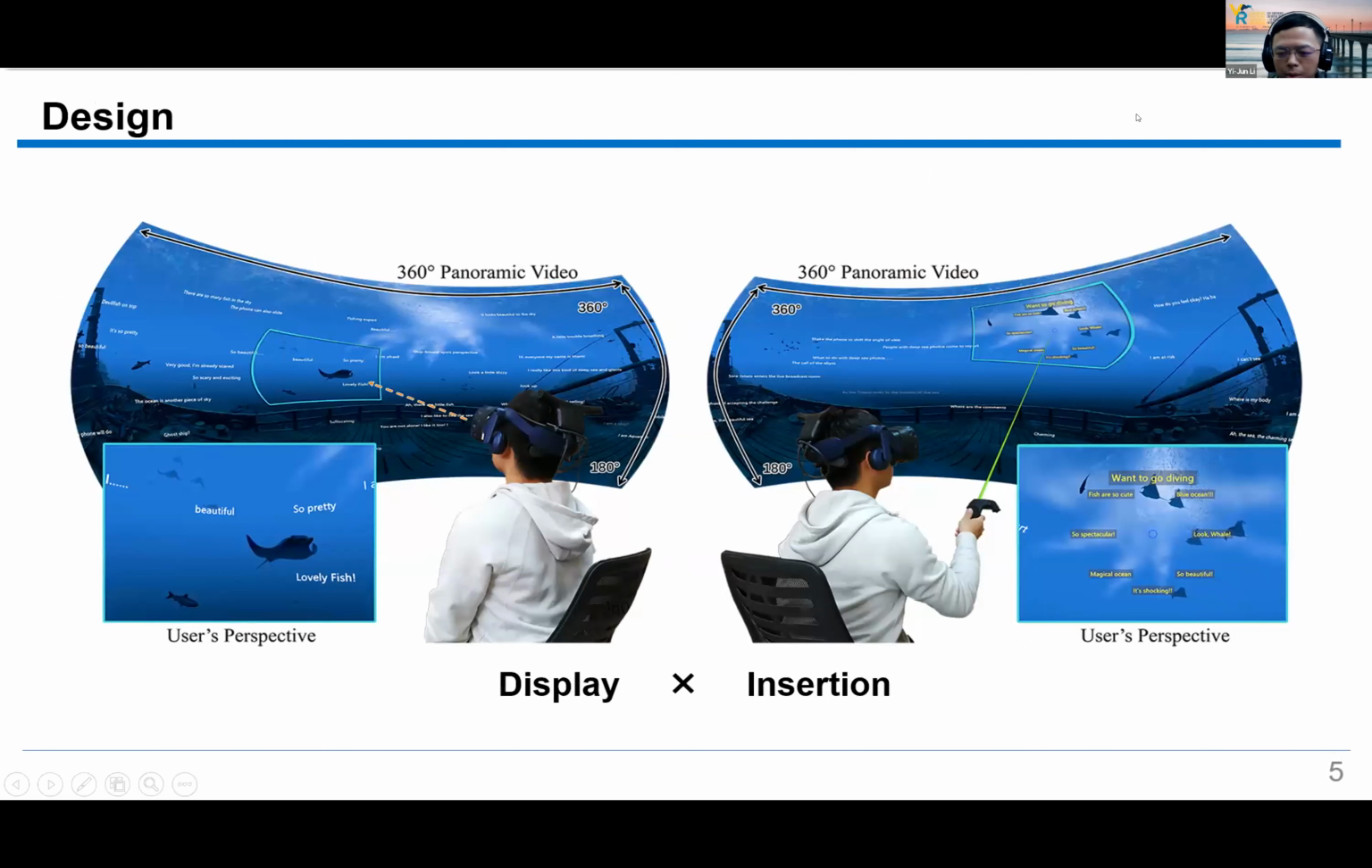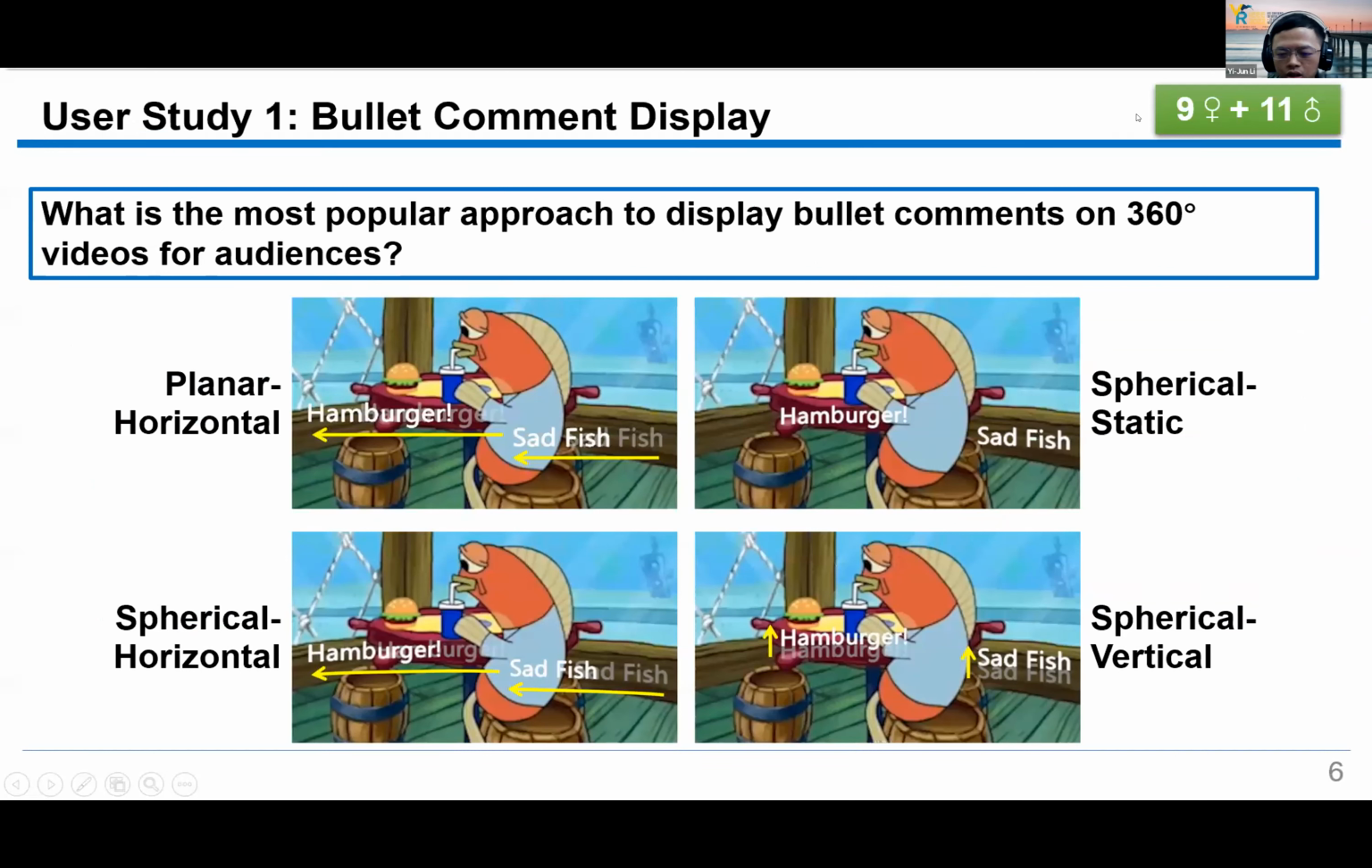Therefore, in this paper, we developed 2 user studies to explore how to display and insert bullet comments in immersive 360 videos. During the experiments, users sit in a swivel chair and experience 360 videos with a head-mounted display and controller. In the first study, we want to figure out what is the most popular approach to display bullet comments